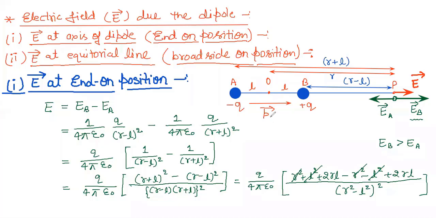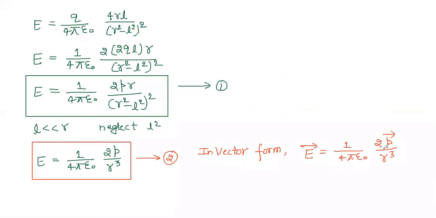You can see the electric field E vector and the P vector both are in the same direction, so they will have the positive sign because they are in the same direction. If they were in opposite directions, then we would place the negative sign in the vector form. But there's no problem because they are in the same direction.